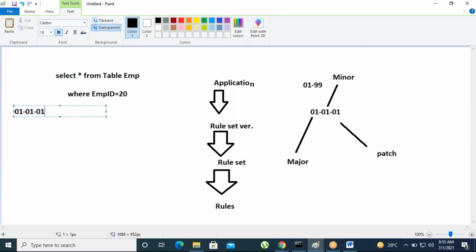Suppose 01-01-01, then 01-01-02, then 01-01-03. The patch is incremented, right?